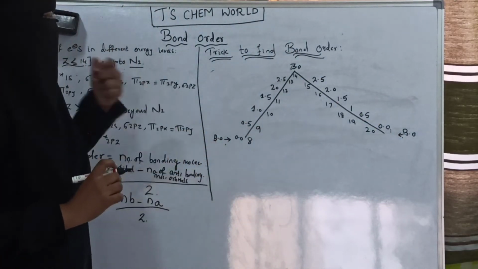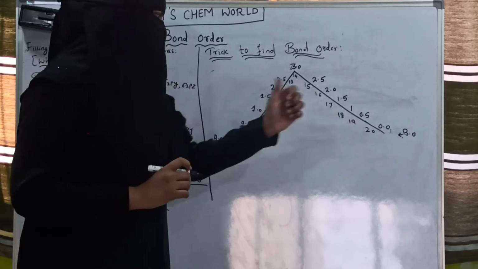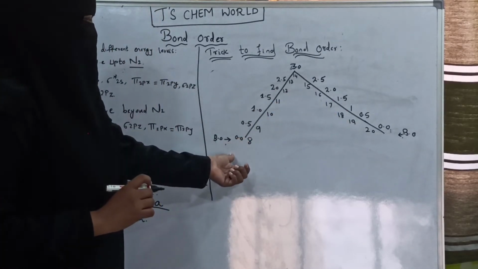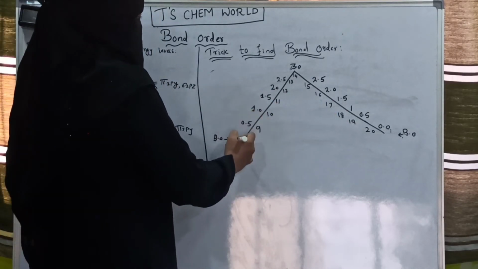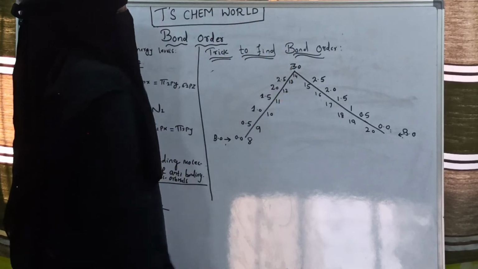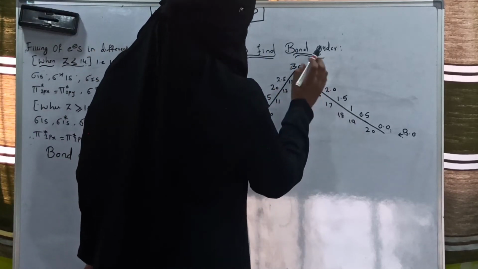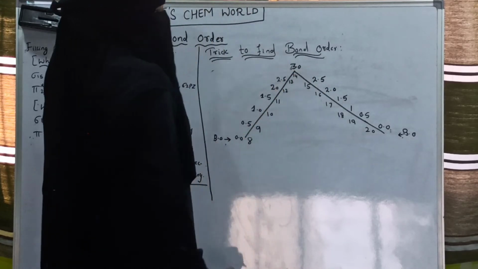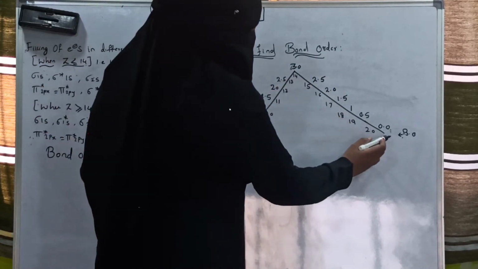So, see, from 8 to 20. For 8, 0.0. From here, we will have to go in increasing order from 0 to 3. And from 14 to 20, we will have to go through decreasing order from 3 to 0.